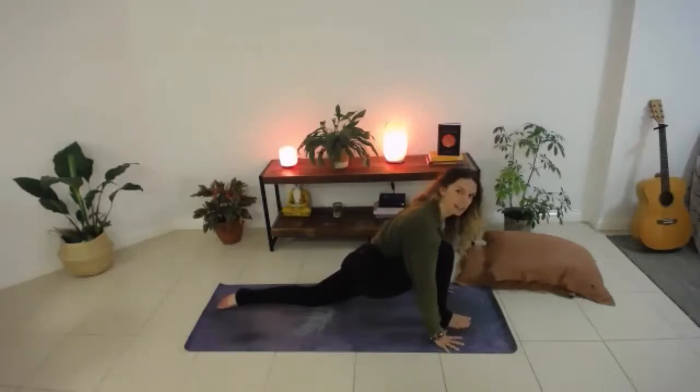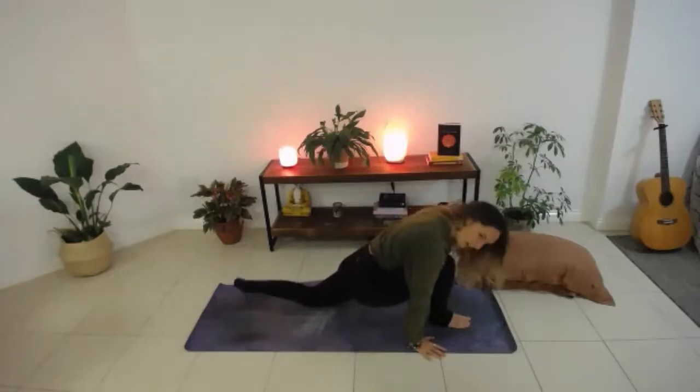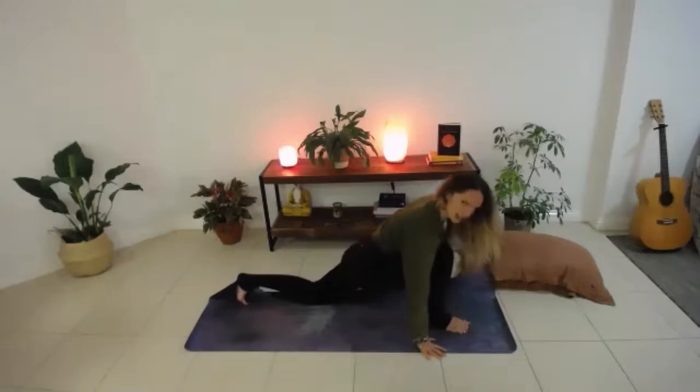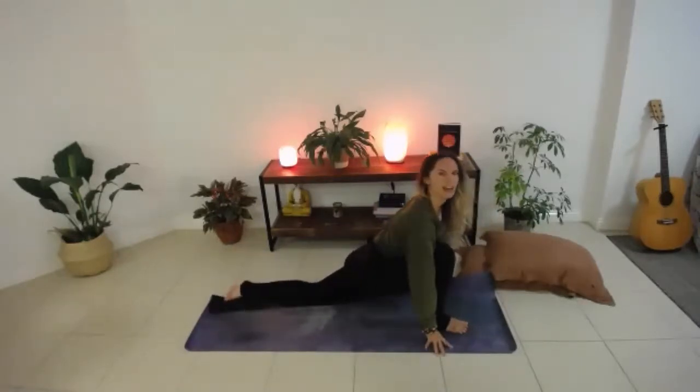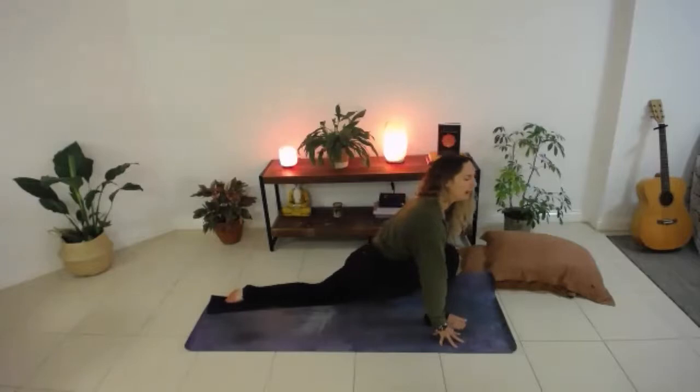If you have a towel or a blanket, you might like to place it underneath that left knee. Or you can even fold up that left side of the mat so you have a little extra cushioning underneath the left knee. From here, you can either keep the fingertips grounded on the earth, or for a little extra